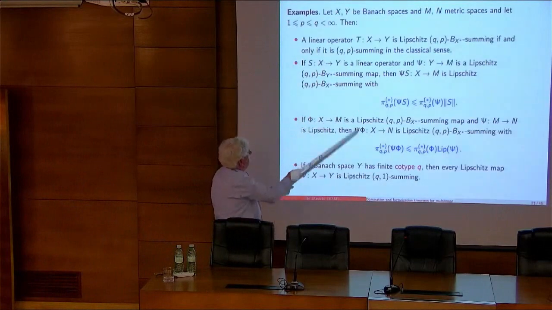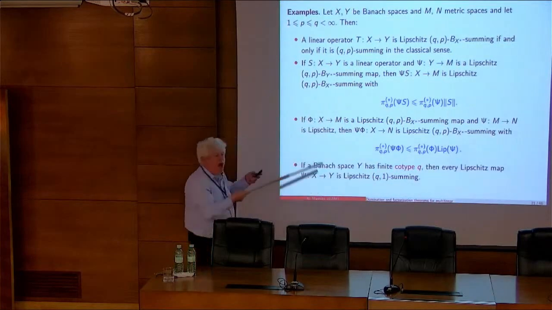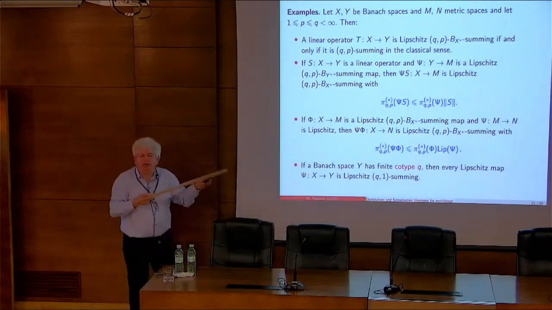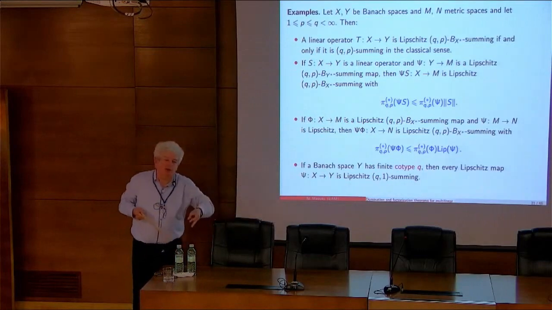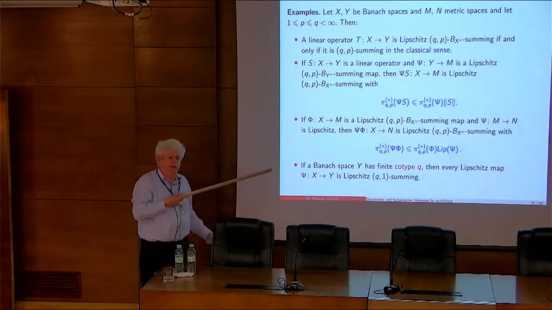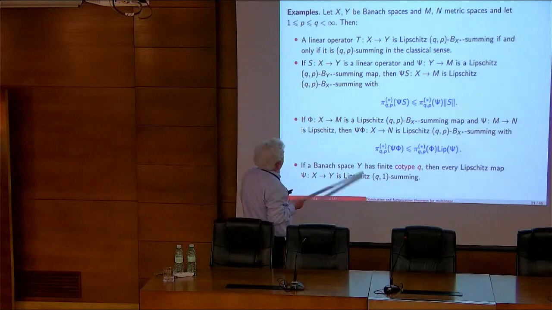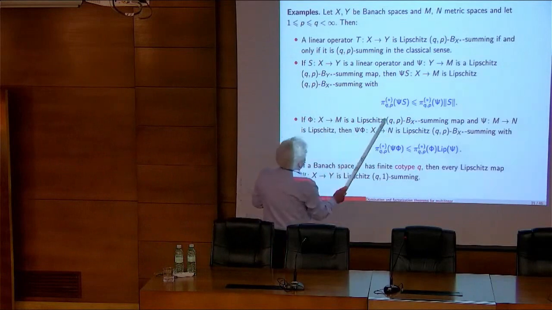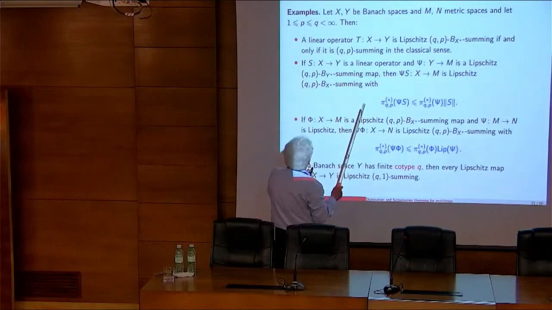So okay, this is trivial. Maybe I will skip how to build operators of this type. If we know one example, we do composition, and we can have an operator in this class, and also we have an estimation of this Q,P-summing norm. So you see, whenever X is a Banach space, maybe I should come back.